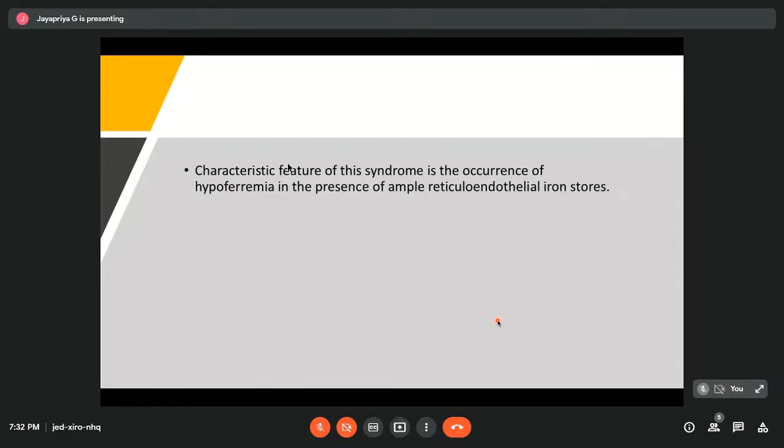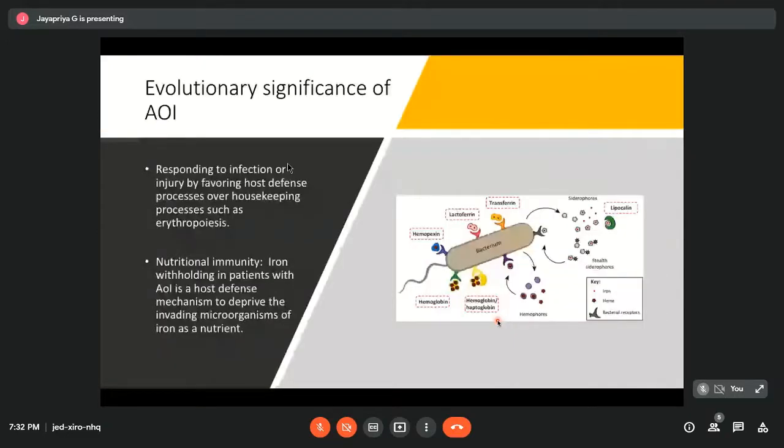Before we go into the pathogenesis of anemia associated with inflammation, what is the evolutionary significance? How did this anemia start developing? Whenever our body is faced with infection or inflammation, the primary function should be to bring down the infection or the inflammatory stimuli. So the body tries to promote myelopoiesis and lymphopoiesis, and at the same time suppresses other housekeeping processes such as erythropoiesis. That is one mechanism. And the second is